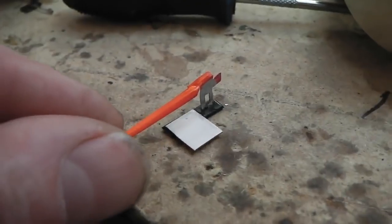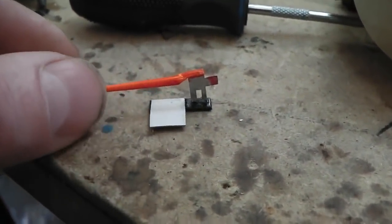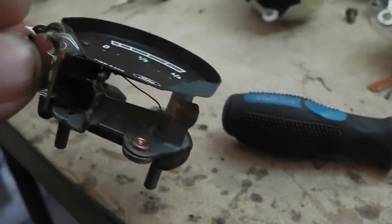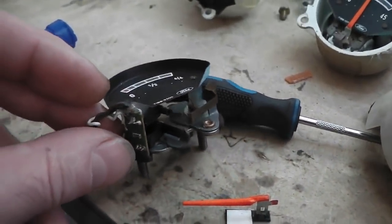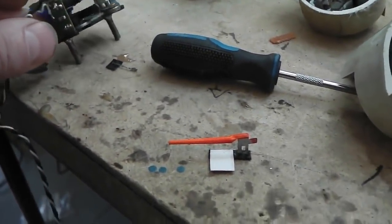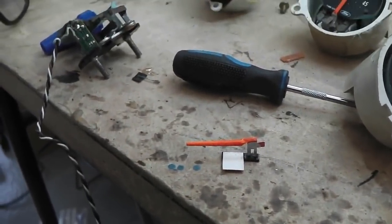So that's exactly how I did it. Still lightweight. I've checked it for vibration, doesn't seem to affect the gauge. Gauge still deflects, so I think we'll be okay. So I'm going to refit that needle back to the gauge, and that's a good gauge face, and then we'll do one gauge at a time, and then we'll build up the 4-pod,